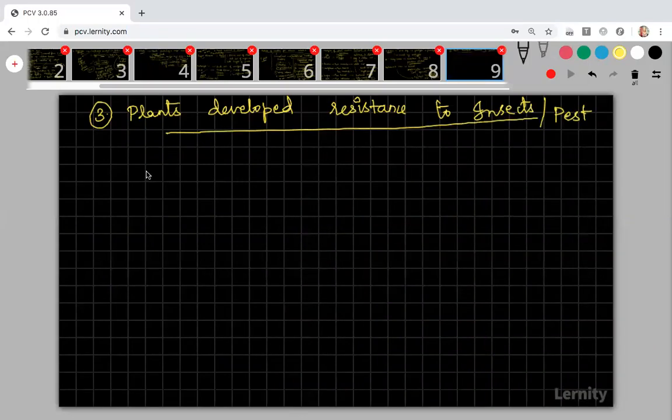Fine. Another major cause for the large level destruction of crop plants is insects and pests. As they enter the agricultural crops, they will eat away the crops. Because of these insects and pests, the morphological, biochemical and physiological characters of the plant will be lost, and as a result the yield will also decrease.